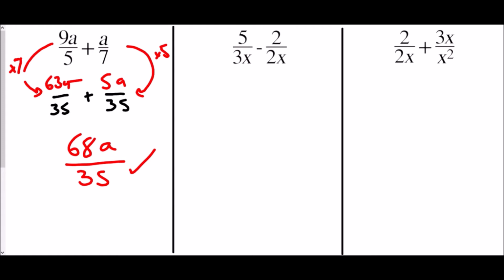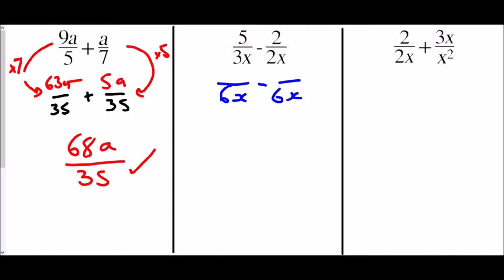In the second one, we have 5 over 3x take away 2 over 2x. Again, we need a common denominator. Now, what we can do is we can multiply these together, or we can just try to find the lowest common multiple. The lowest common multiple will be the best version here because it's going to help us to actually get to a simplified answer much quicker. So, what is the smallest number that 3x and 2x would both go into? Well, 3 times 2 is 6, and x would be a factor, so 6x as our lowest common multiple there